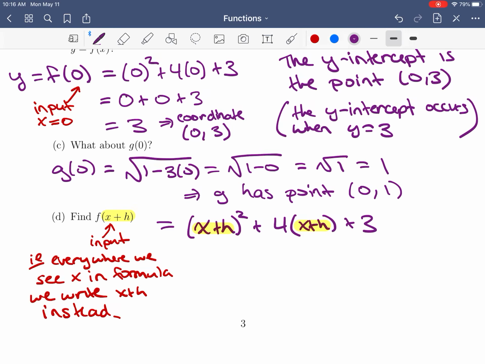Now, normally we'd want to expand this out and simplify. Maybe we'll do that. So if I expand x plus h squared, I'm going to have x squared plus 2xh plus h squared. Factor the 4 through, plus 4x plus 4h plus 3. And it turns out that we don't have any like terms here, because the only one that might be, you might think, is the 2xh and the 4x, because they have the same number of x's, but one of them has an h and one of them doesn't, so we don't put those together. So that's a brief introduction into